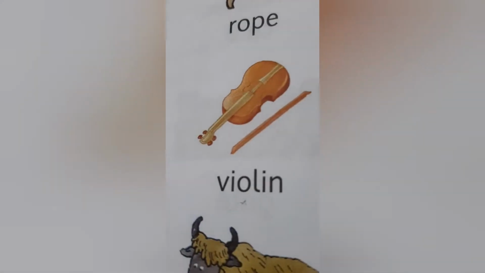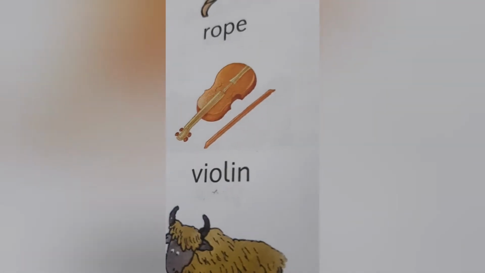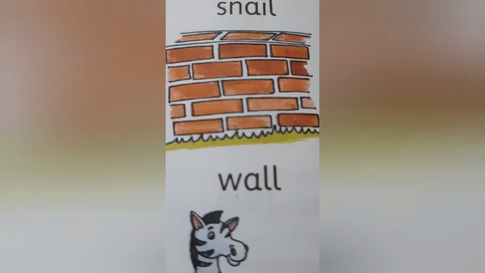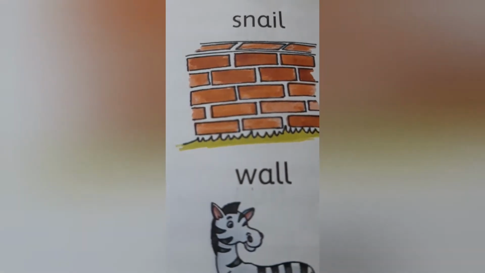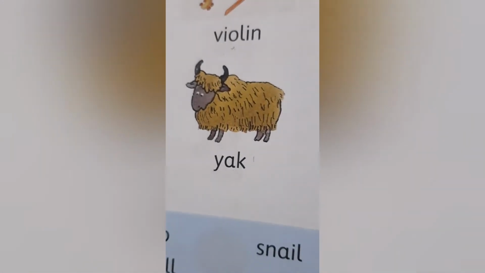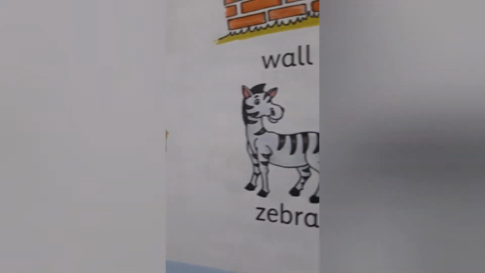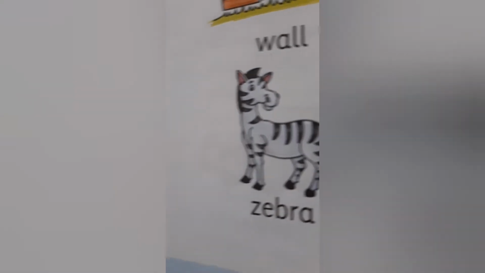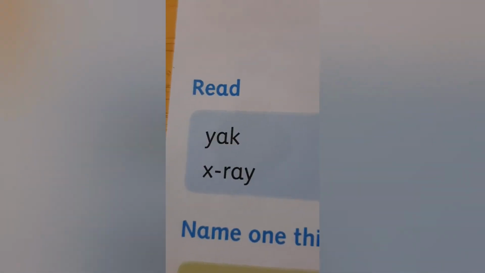It is a violin. It is a wall. It is an X-ray. It is a yak. It is a zebra. Read more words. It is a yak,